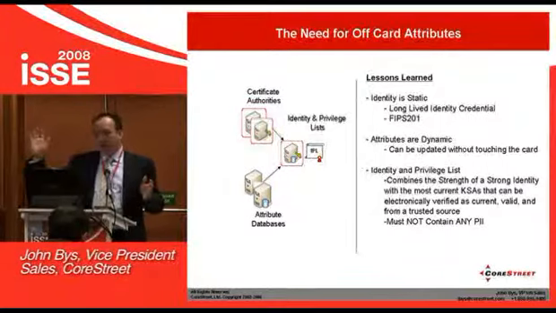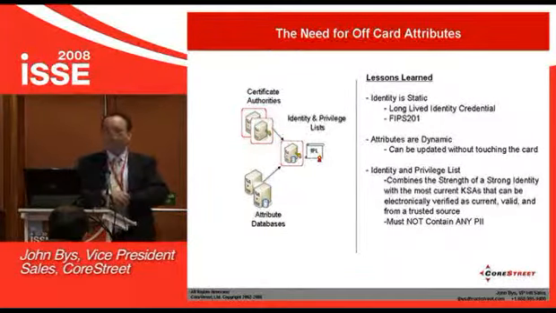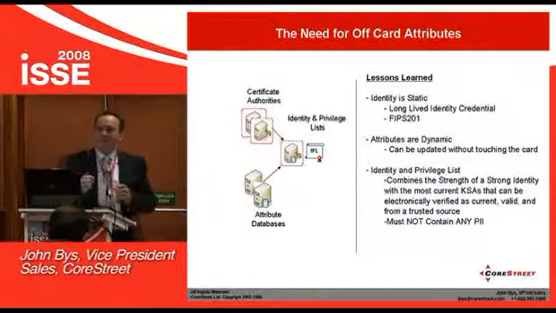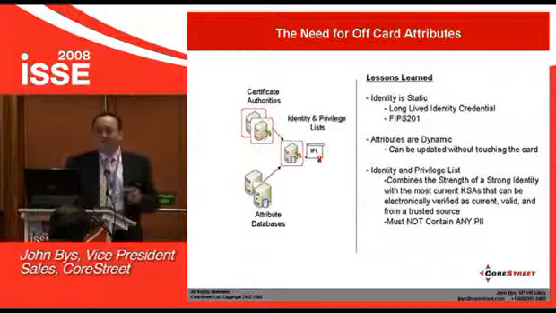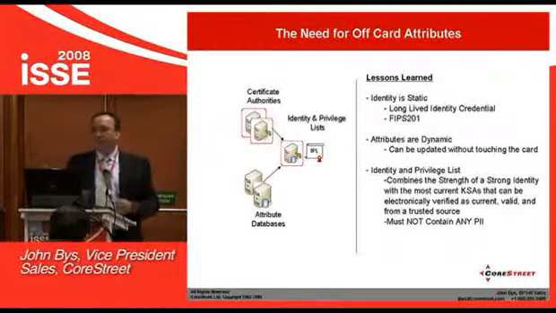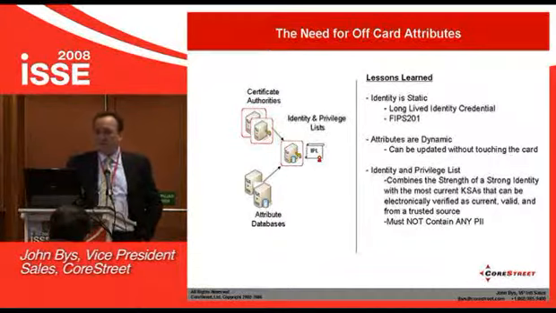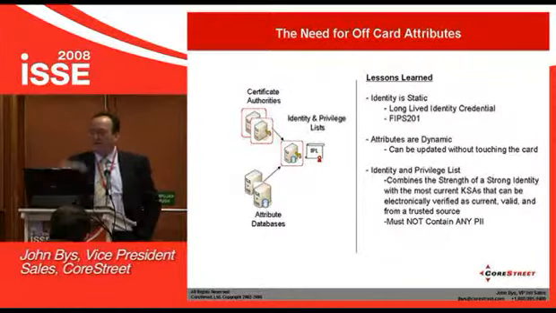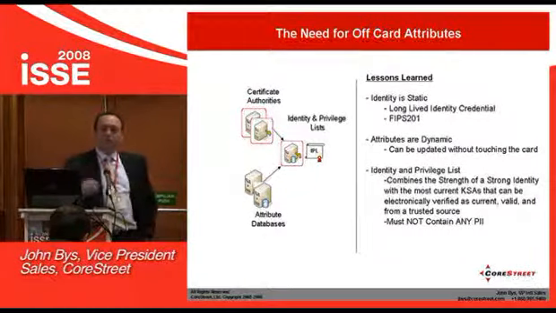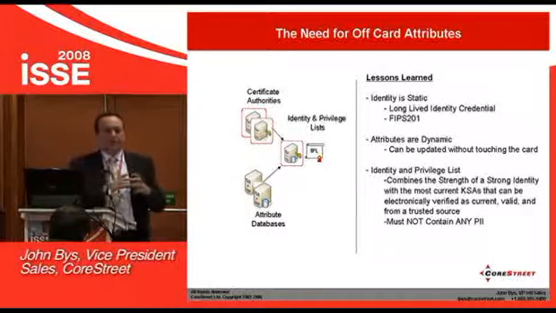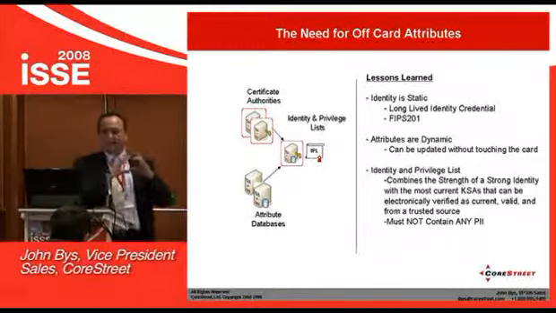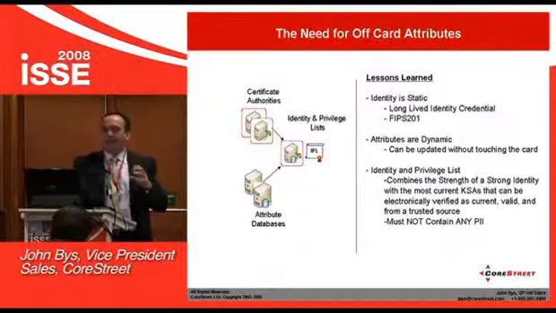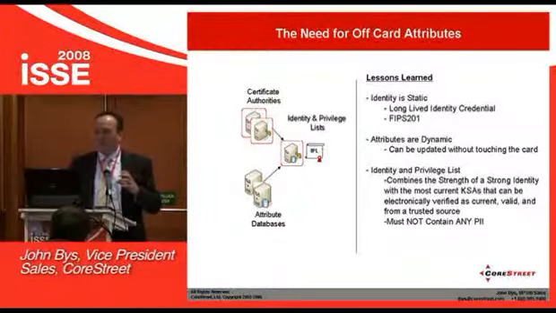Because I've been John Baez for, well, more years than I'm going to admit at the moment. And that hasn't changed. But the roles and privileges and attributes that I've had over my lifetime have changed dynamically. They've changed dynamically over the last 5 years, over the last 3 years. And so having that ability to change attributes without ever touching the identity gives an identity program the ability to maintain the integrity around that identity and continuously update their privileges.